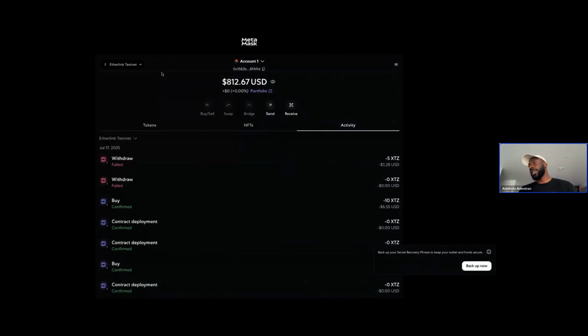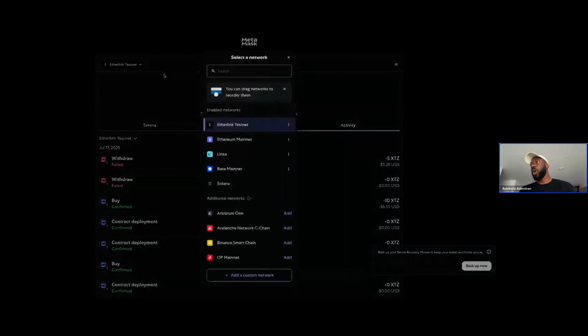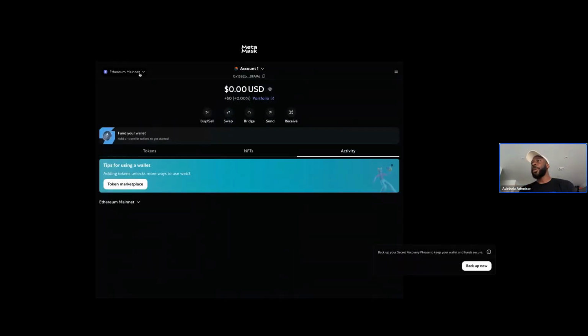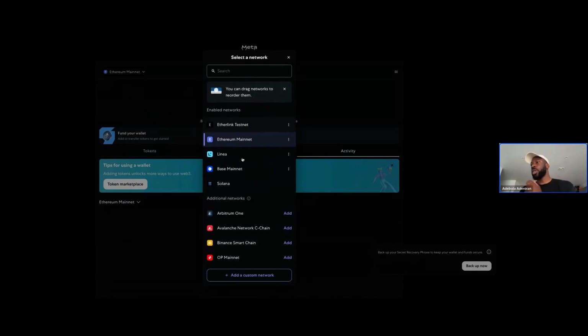Particularly not the Etherlink testnet. So to list the Etherlink testnet within your MetaMask wallet, you need to click on this top left button. Now this is already done from my MetaMask, but for you to do this on yours, you probably see something like Ethereum mainnet as the main chain, but you can then switch, and to switch or to add a new network, I'm going to switch to testnet